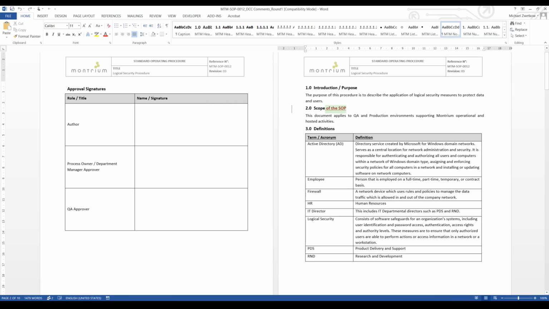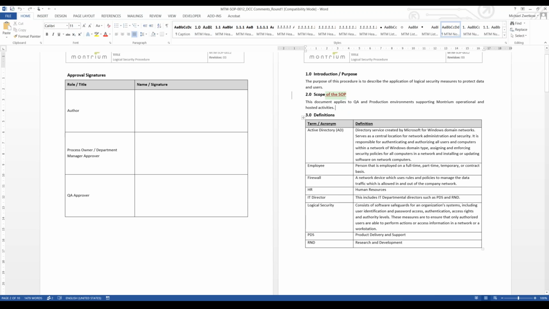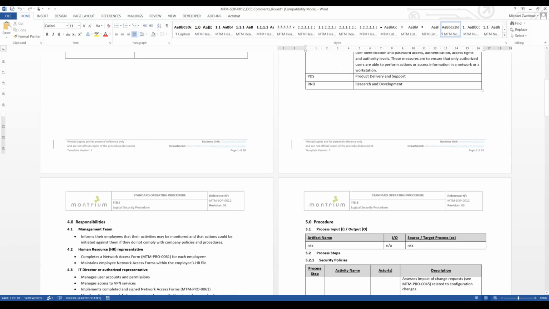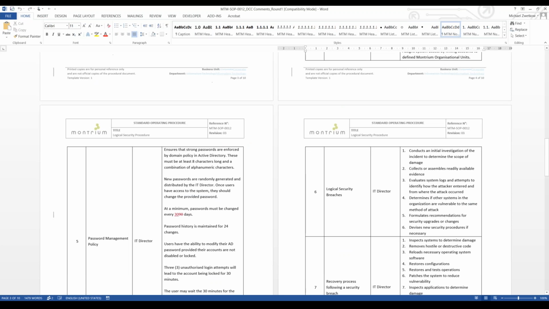So that's essentially how I can see what updates are being made, and each time I click on the Save button, the system will tell me if there are new changes that have been entered by any of the individuals performing the review. So I can take a look at this document and make sure that everything is correct, and